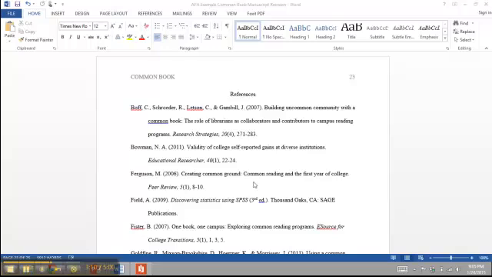So here's an example of a properly formatted references page that also includes a couple of journal articles. As you'll see, it's important to note that in the references page, everything is alphabetical. So Boff comes before Bowman, comes before Ferguson, comes before Field, and so on. But you can see that this is essentially how you would list the journal articles, and the first several references here, 1, 2, and 3, are examples of academic peer-reviewed journals that have been cited